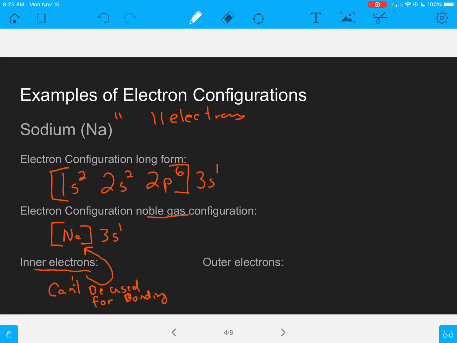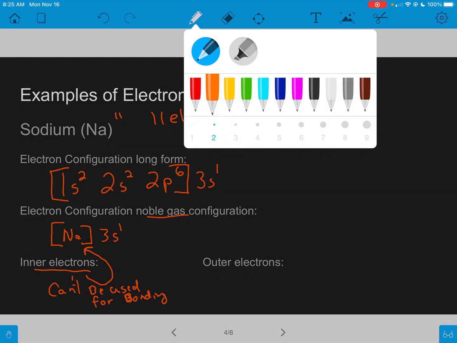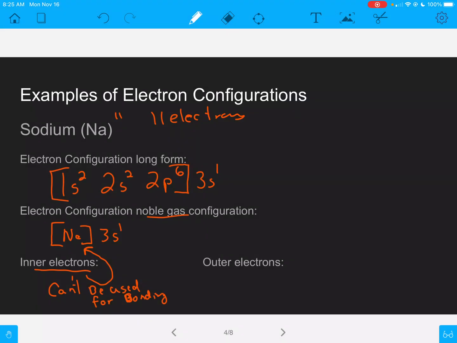My writing's kind of messy. For bonding. Then everything outside of that, let's go ahead and make this a different color. Everything outside of that is considered an outer electron. Okay, those are the outer electrons, and these can bond. So you tell me right now, how many bonding electrons